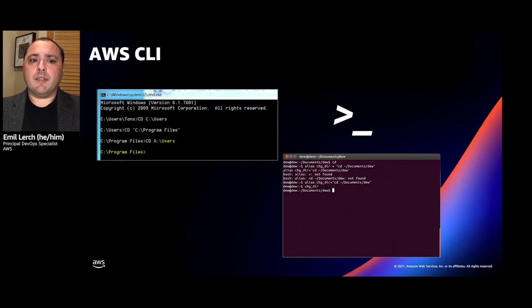Beyond the SDKs, Kate might also want to inspect her environment using some command line tools. And to that end, we have the AWS command line interface. Version 2 of this interface supports Mac, Windows, and Linux. And we also have the AWS Tools for PowerShell, which support the same operating systems as PowerShell itself. Again, matching the paradigm of PowerShell so that the way that you interact with AWS is the same way that you would expect to interact with anything else in PowerShell.